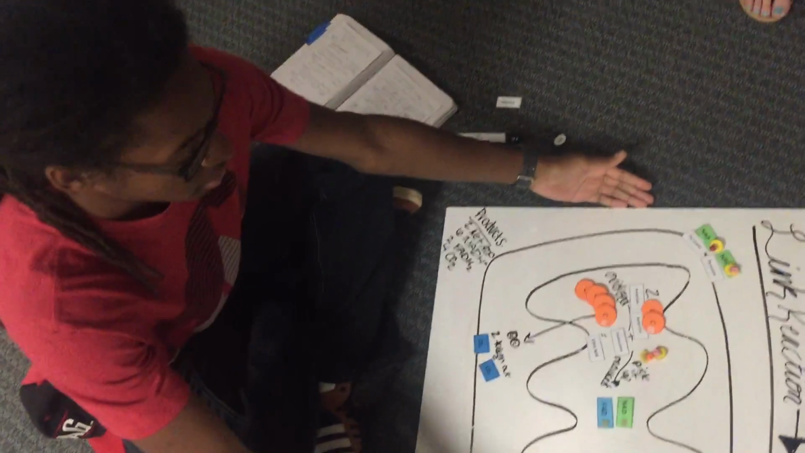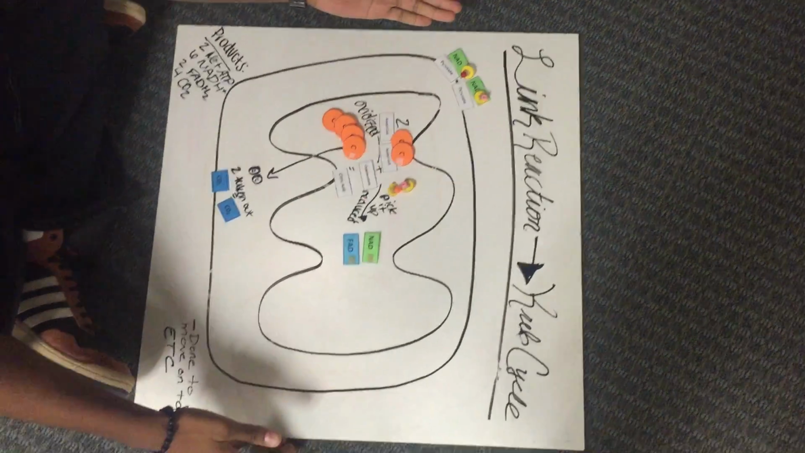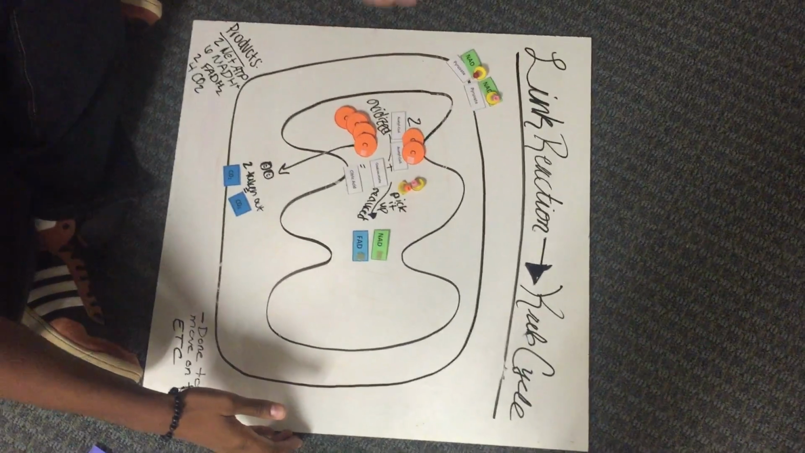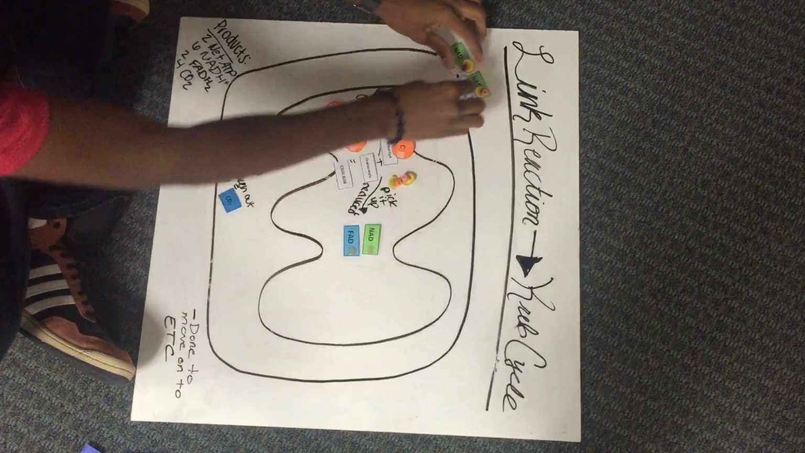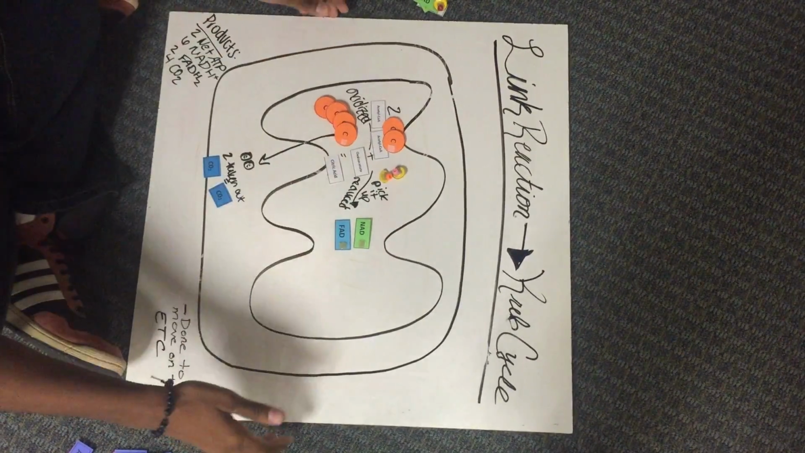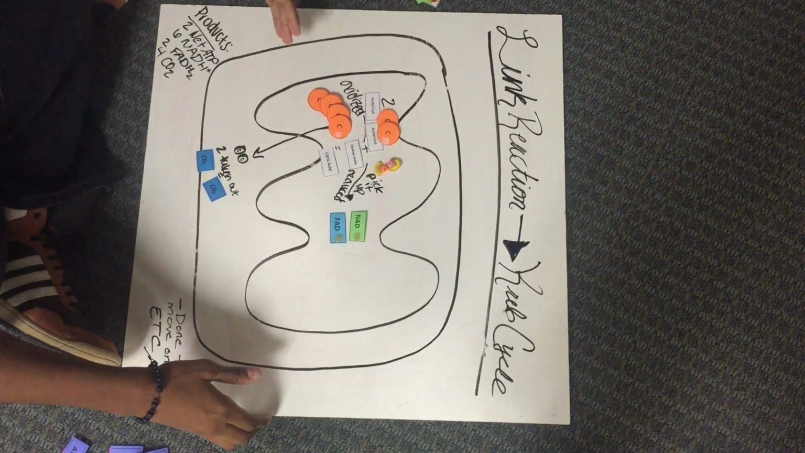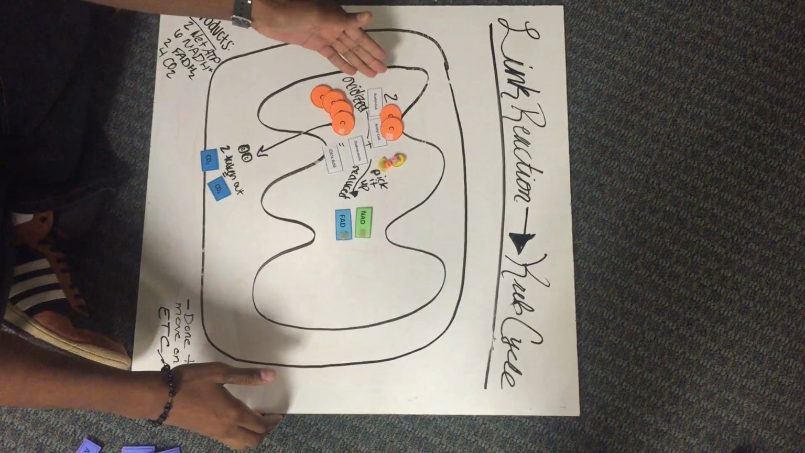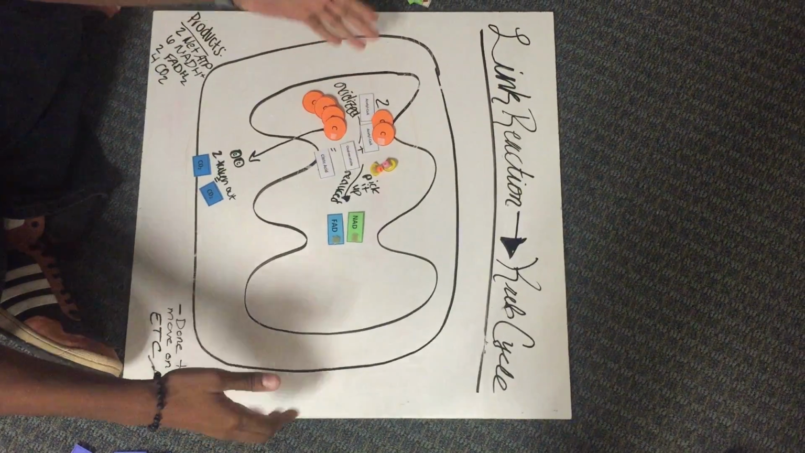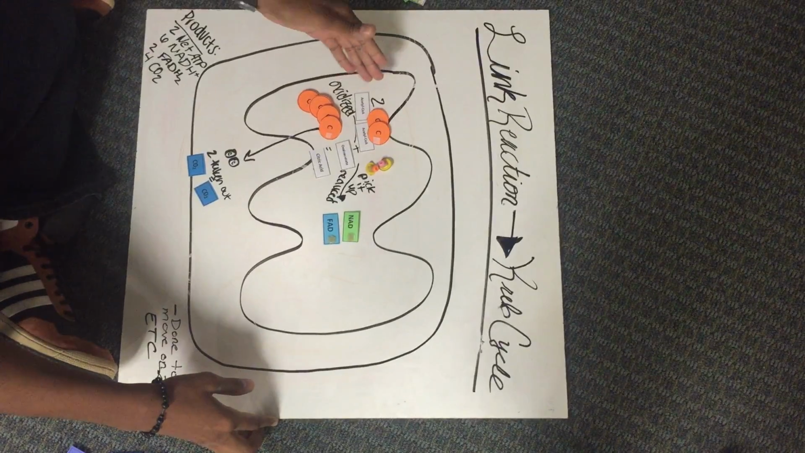From the link reaction, moving on to the Krebs cycle, you have 2 NADH and 2 pyruvate from the link reaction to be able to start the Krebs cycle. Because this is used for energy to be able to move on with this cycle of cellular respiration. So what we have now in the matrix of the mitochondria, where the Krebs cycle takes place, is 2 acetyl-CoA